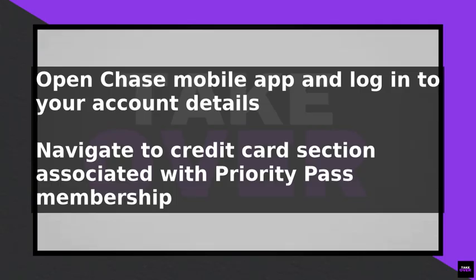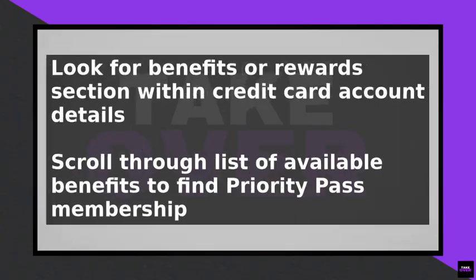Look for the Benefits or Rewards section within your credit card account details. This section may vary depending on the specific credit card you have. Scroll through the list of available benefits until you find the Priority Pass membership details. This should include information about your membership, such as your membership number and the number of complimentary lounge visits you